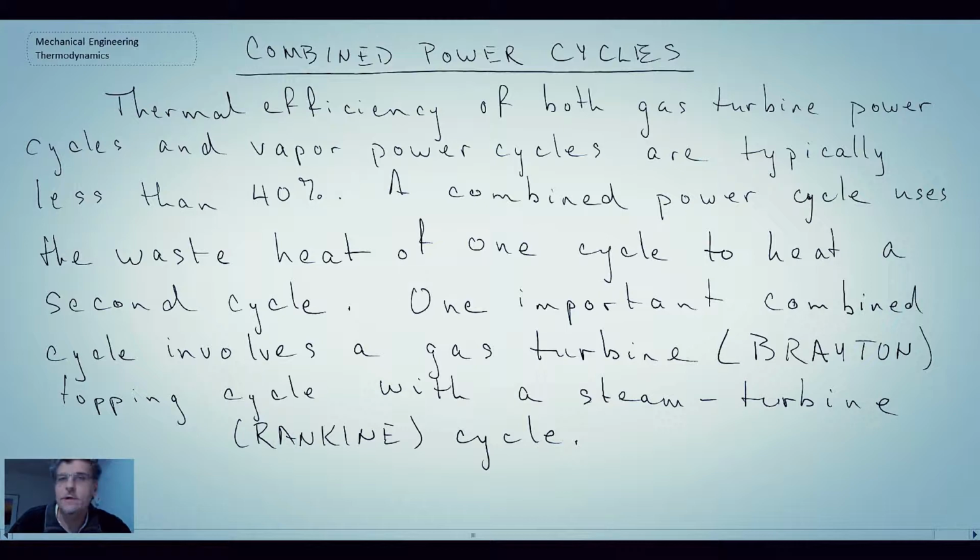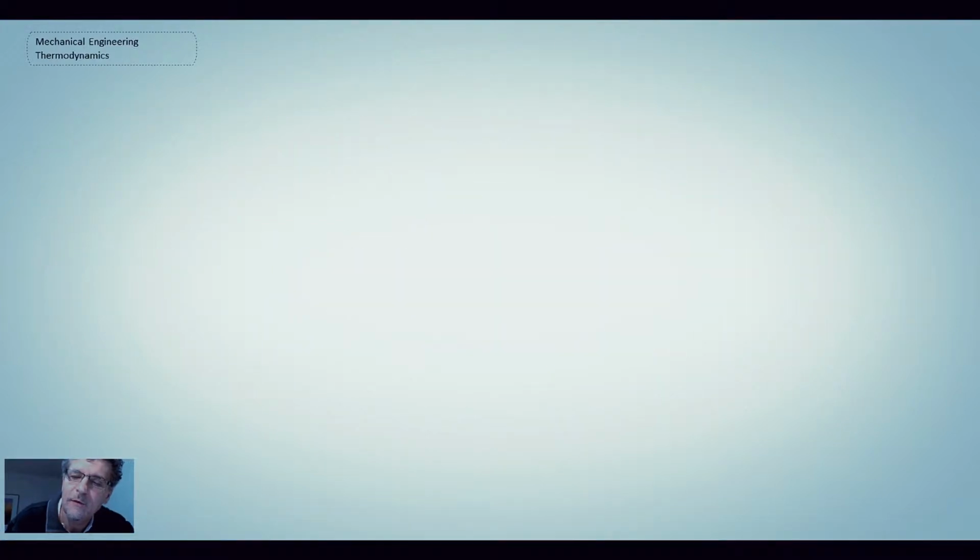So we can see there, typically, both when we looked at the Brayton gas cycle as well as the vapor power cycles, it was rare that we found the efficiencies of either of those to be over 40%. Typically they'd be around 35 or something like that. But what a combined power cycle does is it has a topping cycle, and quite often the Brayton cycle will be the topping cycle. And then below it there's a bottoming cycle, and that is our Rankine or steam turbine cycle. So what we're going to do now, I'm going to show you a few images of one of these